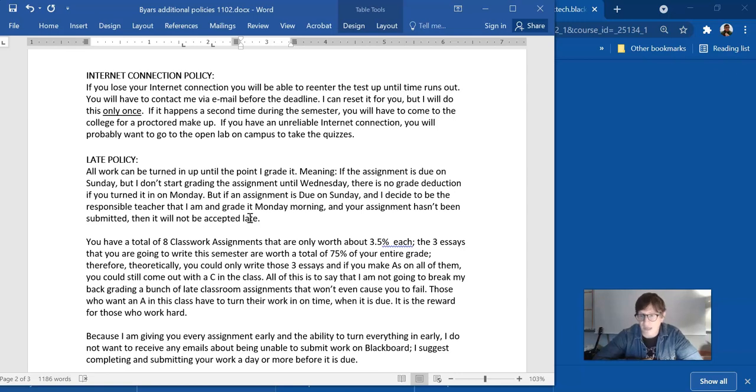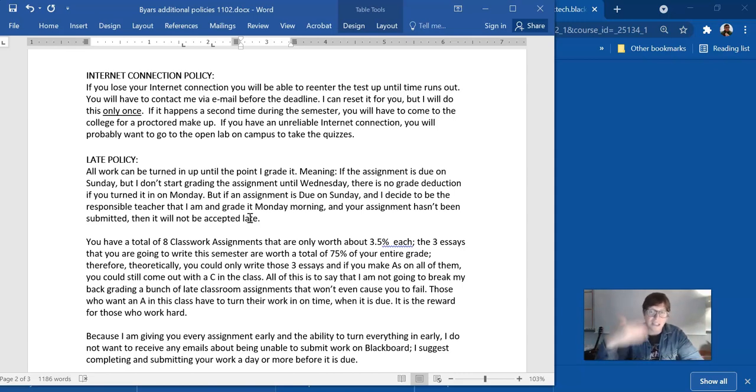If there's a blank grade in the grade book, that means I have not started grading them yet, or I haven't graded all of them yet. So you can still turn in your work up until the point that you have a 0. It might be a really busy week. I might have a lot of work here at the high school, and I don't grade this assignment until Thursday. So you had Monday, Tuesday, and Wednesday after the due date to still get that work turned in. I keep the grade book updated. I don't grade stuff, write down the grades, and then enter them in later. As I grade it, I enter the grade in.